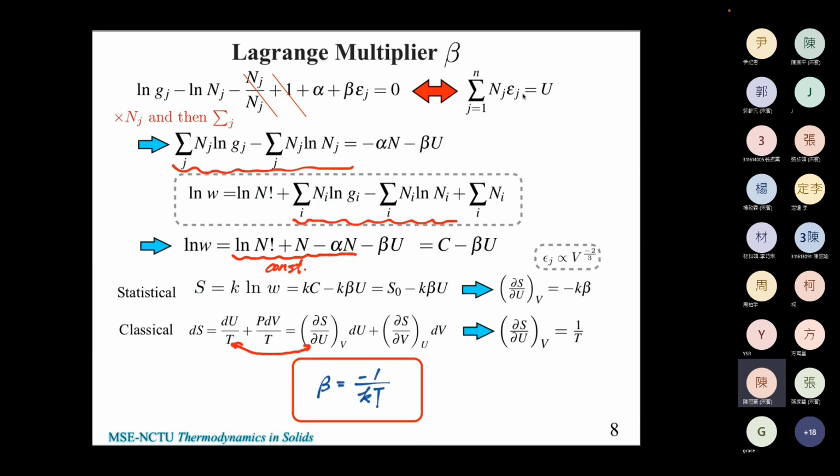All right, 好，我们要算 beta，Lagrange multiplier 的 beta。这个东西前面我们已经算过了，只是我们发现这边有个 epsilon j，那我们可以跟它来比较一下，全部乘上 nj，然后全部 summation 起来，把这个东西带入进去，这边就变成 u 了，然后把这两个东西拿到右边去，得到这个式子。那怎么解呢？我们发现 natural